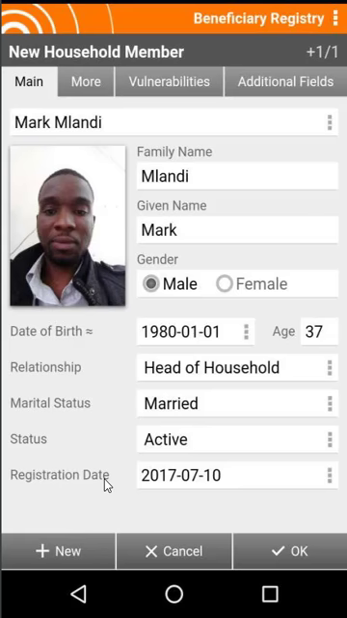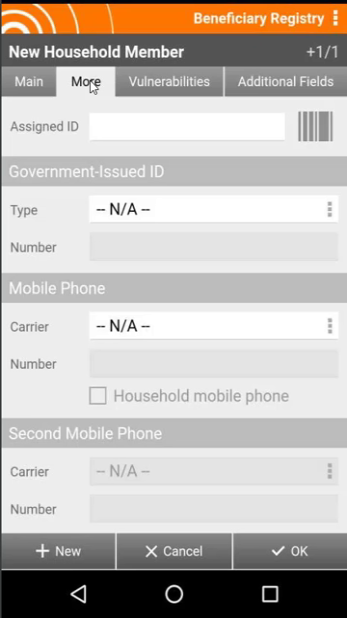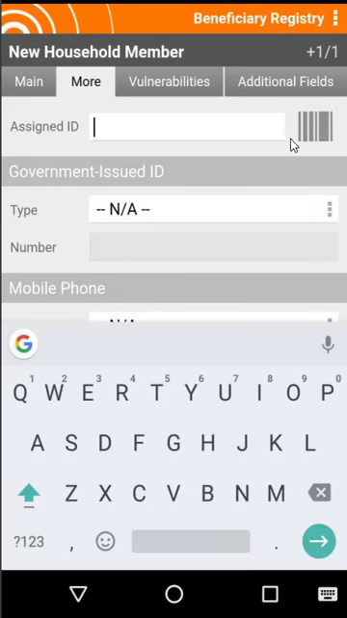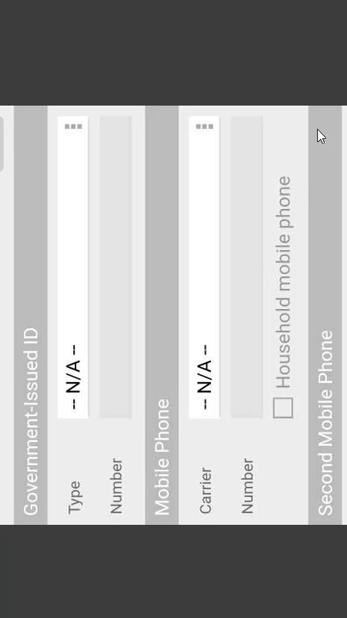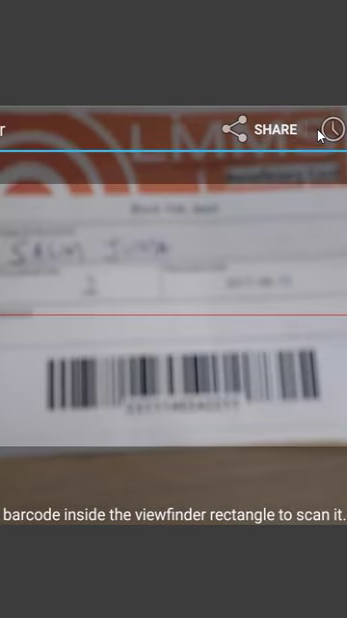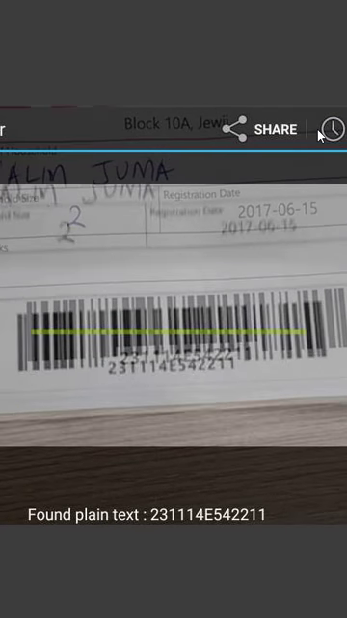Let's move to the More tab by touching More. Here you will enter additional member information. Pre-printed barcodes can be assigned to household members by scanning or manually typing into the assigned ID input box. If a barcoded ID is available for scanning, touch the barcode button to invoke the scanner application and then scan the barcode. When assigned IDs are entered in the system, they'll override the internal generated ID and will then